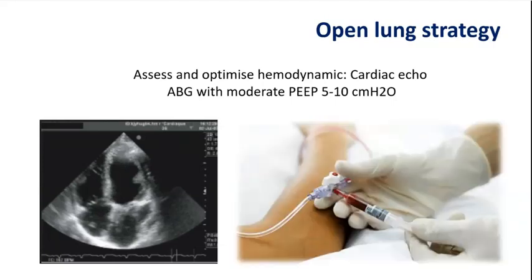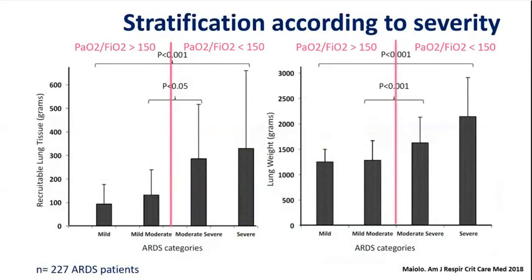And then we take a blood gas, and usually, initially, we use a moderate PEEP, let's say from 5 to 10, to assess the severity of the patient. As you know, according to the Berlin definition, we have 3 categories for severity: mild, moderate, and severe. But actually, maybe from a practical point of view, we can split the patients in 2, with a PF ratio above 150, and a PF ratio below 150, so mild to moderate and moderate to severe patients,